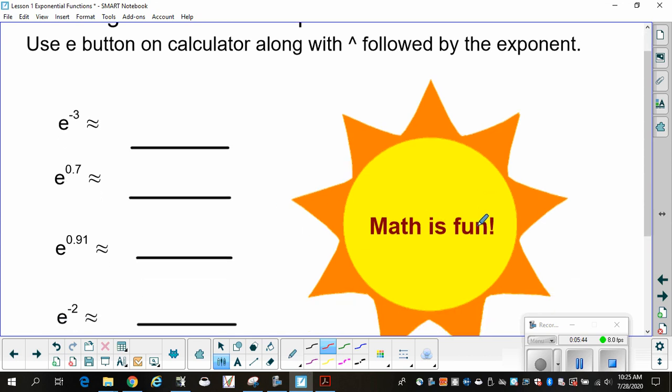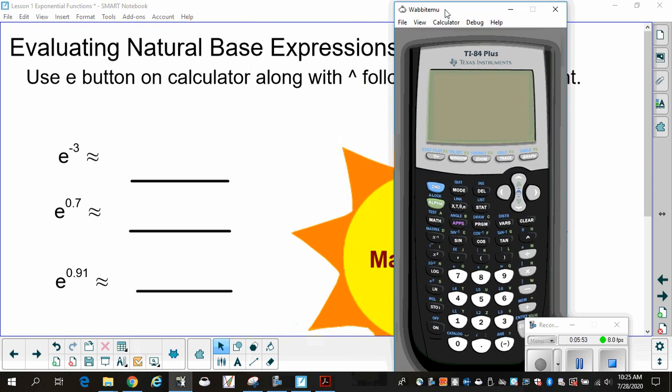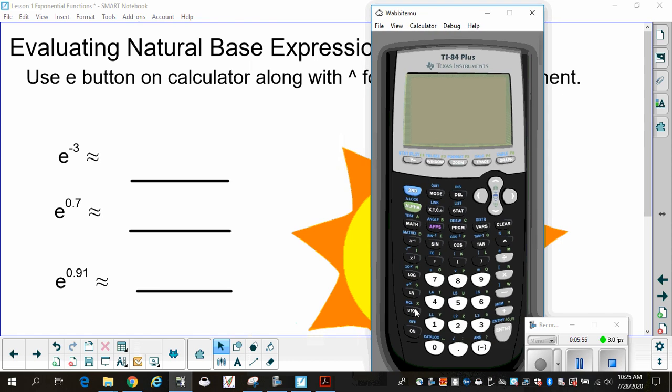When you're doing this on the calculator and you need to evaluate e raised to a power, that is nothing more than using your calculator. Whatever calculator you have, if it's a scientific calculator better, you're going to have a natural log button. So locate the natural log button, and typically right above it you'll see an e raised to the x. On the TI-84 it's e raised to the x. So if I want e to the negative 3, I put in second natural log and then just negative 3